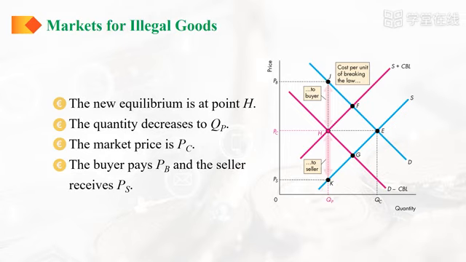With high enough penalties and effective law enforcement, it is possible to decrease demand or supply to the point at which the quantity bought is zero. But in reality, such an outcome is unusual. It does not happen in the US in the case of illegal drugs. The key reason is the high cost of law enforcement and insufficient resources for the police to achieve effective enforcement. Because of this situation, some people suggest that drugs and other illegal goods should be legalized and sold openly, but also taxed at a higher rate, in the same way that legal drugs such as alcohol are taxed.